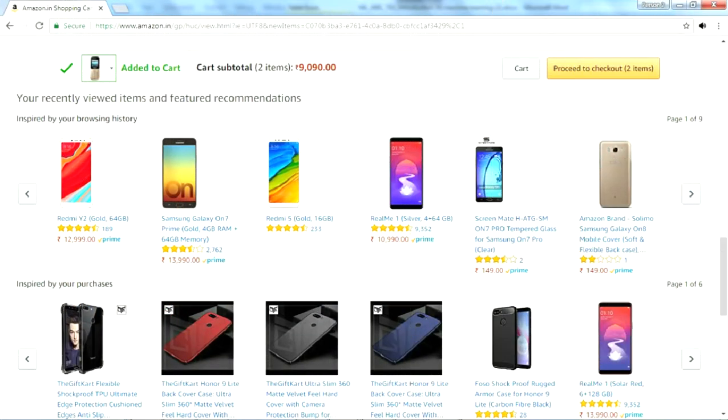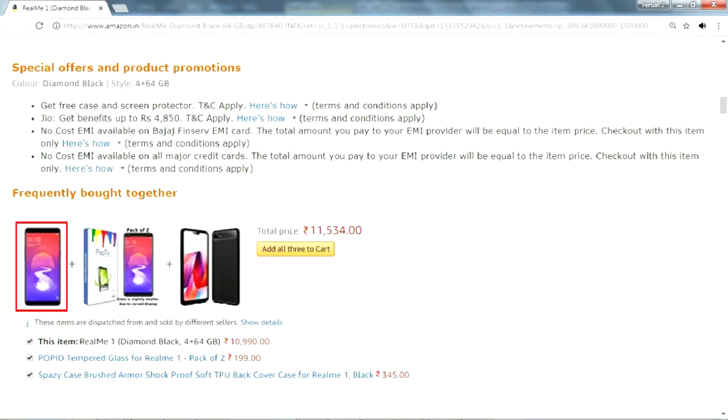One more example of machine learning is when you browse for a particular product in any of the online portals like Amazon or Flipkart. You get to see recommendations or comparisons of similar products which you might be interested in. Or suppose you are buying a mobile phone. The portal recommends that you buy a tempered glass and mobile cover along with the phone, as most of the other customers also have bought them together.